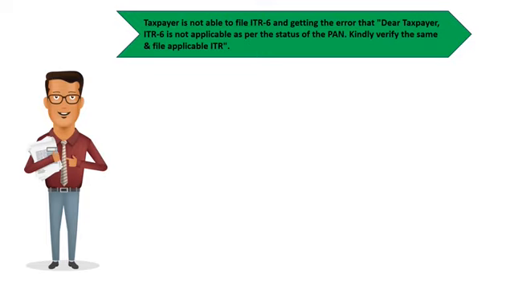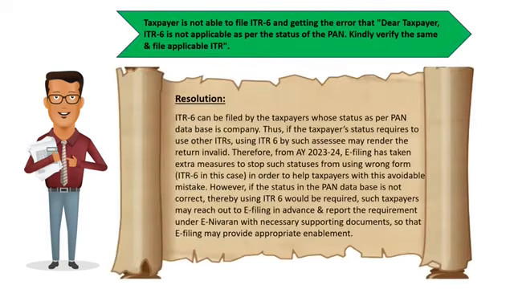be that taxpayer is not able to file ITR 6 and getting the error that dear taxpayer, ITR 6 is not applicable as per the status of the PAN. Kindly verify the same and file applicable ITR. Please note that ITR 6 can be filed by the taxpayers whose status as per PAN database is company. Thus, if the taxpayer status requires to use other ITRs, using ITR 6 by such an assessee may render the